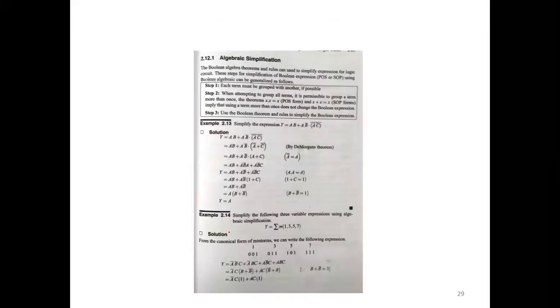The main purpose of Boolean simplification is to reduce the number of gates, because each gate has some internal propagation delay. For example, if it is 1 millisecond, then using 10 gates will give a 10 millisecond delay. So we need to reduce the number of gates in the circuit, which is cost effective and also works faster.